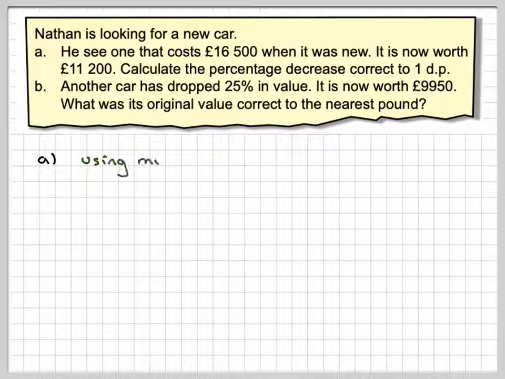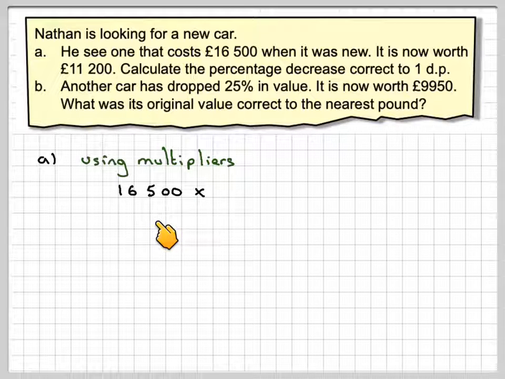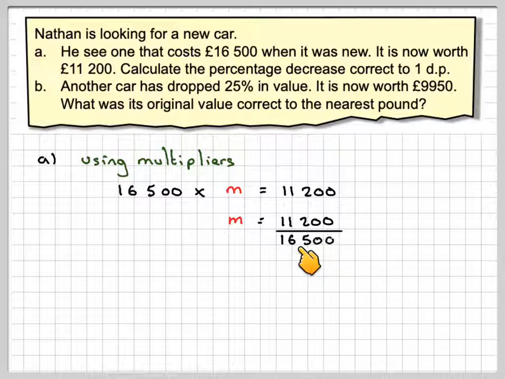So the best way to do a percentage question these days is to use what's known as multipliers. So setting up the multipliers, the car originally cost £16,500, and then that will be times by some number, which we'll call the multiplier m, and it will be equal to 11,200. We can get m by 11,200 divided by 16,500, which gives